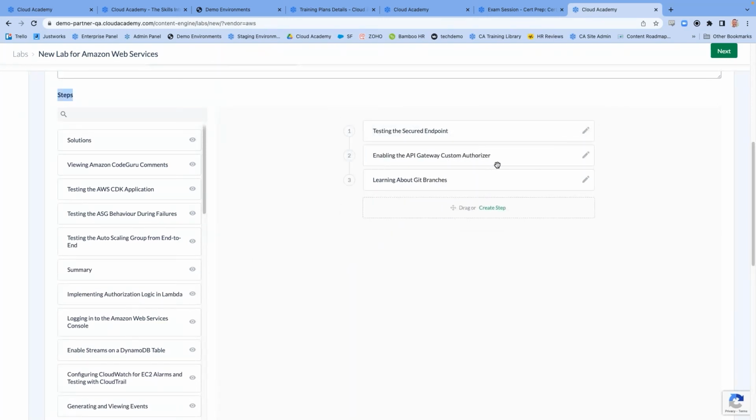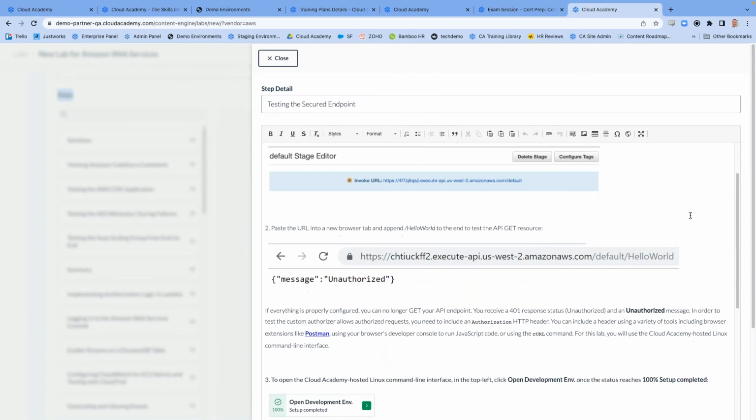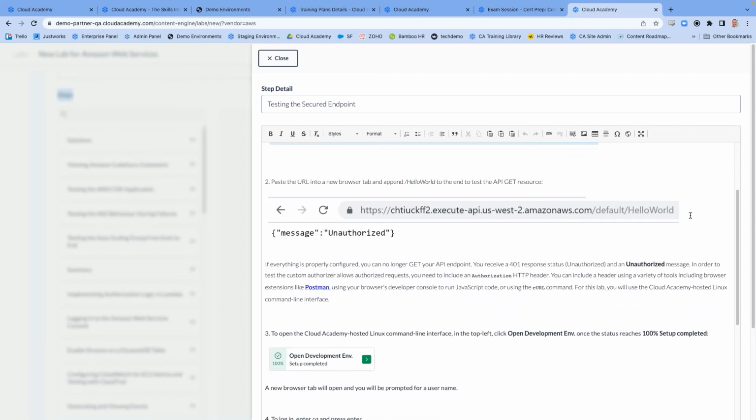But the important piece here is that simply by clicking on this pencil icon, you get to completely edit the step-by-step instructions. Now you're adding all of the internal or real-world context that you want: screenshots from your production environment, warning signs, code snippets, whatever the case may be. One of my personal favorite ways to leverage this is if there is any kind of tribal knowledge with a power user at your organization, this is one of the best ways to begin sharing that knowledge within those lab and hands-on areas.